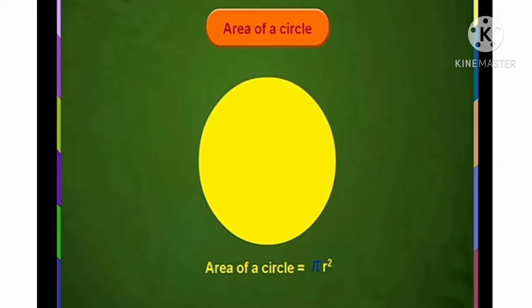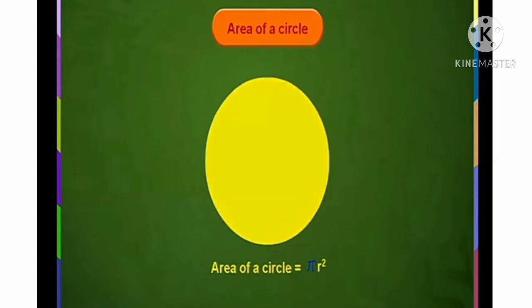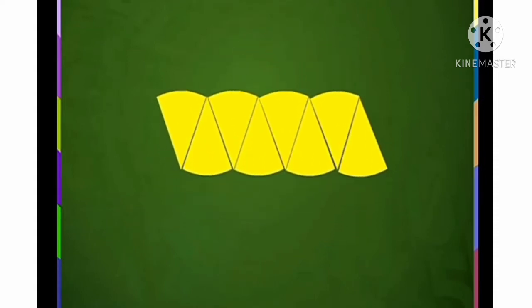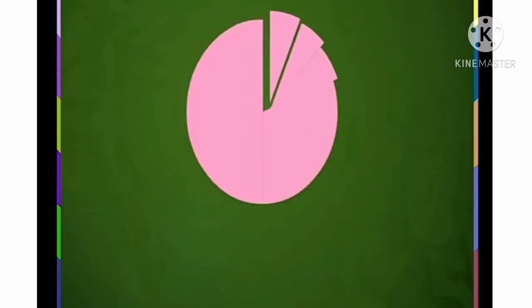Let us understand where the formula for the area of a circle comes from. Take a circle and cut it into 8 equal pieces like this and arrange them into a rectangular format like this. As you can see, it hardly resembles a rectangle. Next, we will divide the circle into smaller equal pieces and arrange them into a rectangular formation. We still see that it doesn't resemble a rectangle.